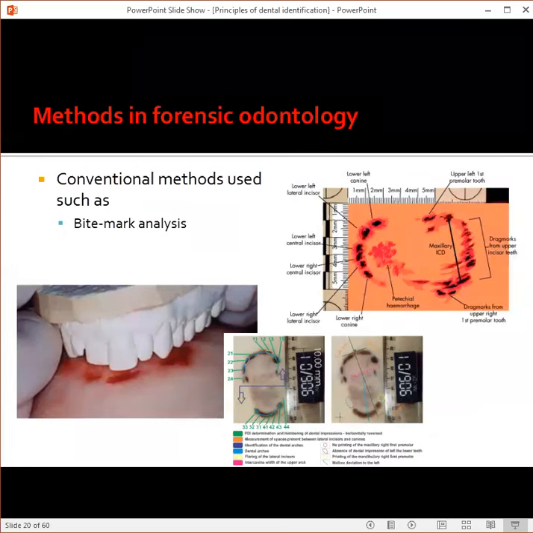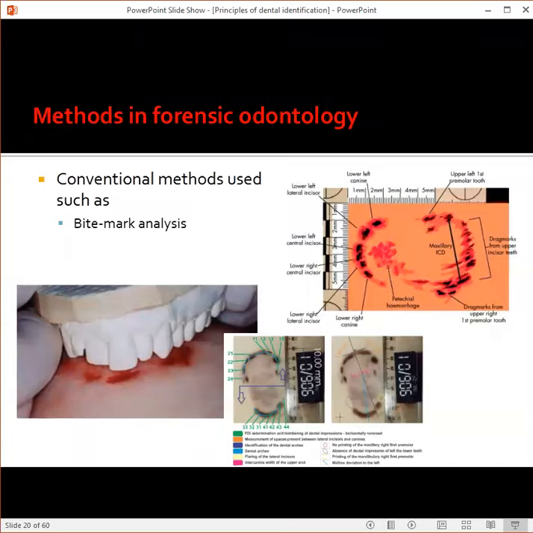The second is bite mark analysis. Bite marks occur whenever an individual bites onto some object. It can be a food item, it can be a non-living item, or sometimes, most of the time in terms of abuse, you can find these bite marks on the deceased individual. So a bite mark is nothing but the imprint of the teeth onto the opposite surface. It can be from anything starting from a fruit to the person's body, on the skin, on the abdomen, on the thorax. You can see these fingerprint-like structures created by the bite mark.